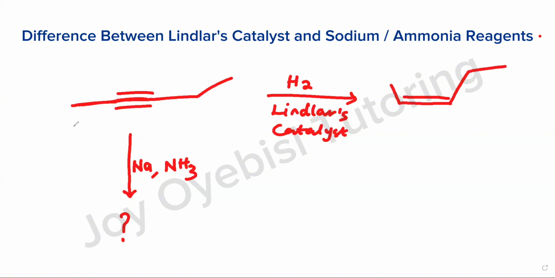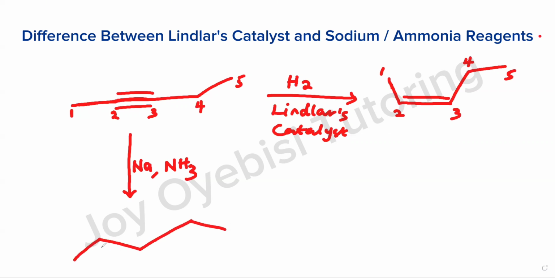Okay, so you want to make sure that the total number of carbons you have on both sides are the same, starting with 1, 2, 3, 4, 5. This is 1, 2, 3, 4, 5. But it has to be a cis-alkene. Okay. For this sodium ammonia reagent, the product is still an alkene, but a trans-alkene instead, which is